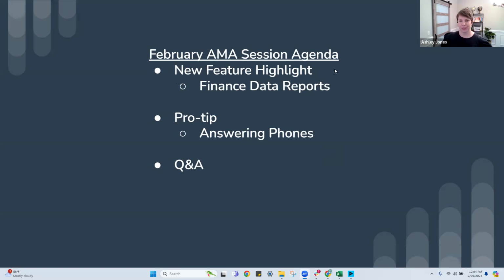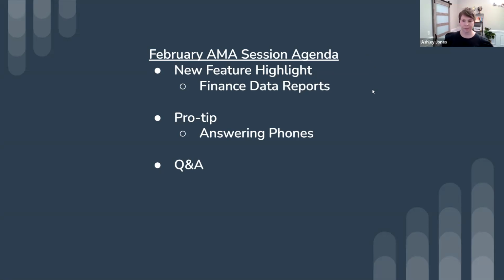So we've got our new feature coming out, which is the finance data report. Up until now, we've been able to pull reports for everybody on an automated monthly basis if reports have been requested. But now we're going to have the ability for you all to download your own reports basically at will whenever you want to. So what this is going to look like,